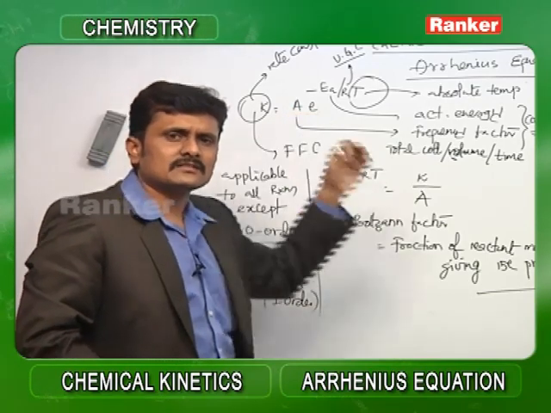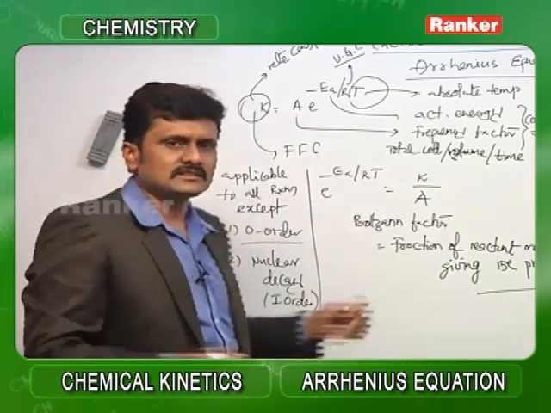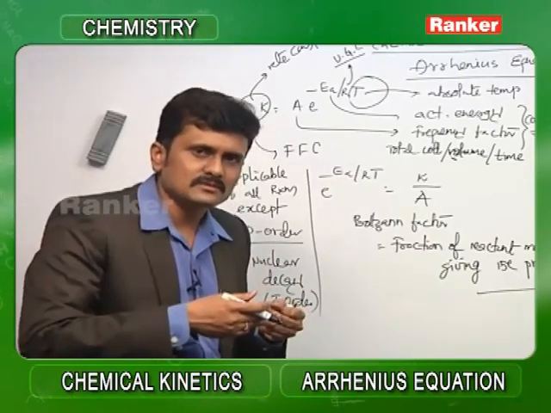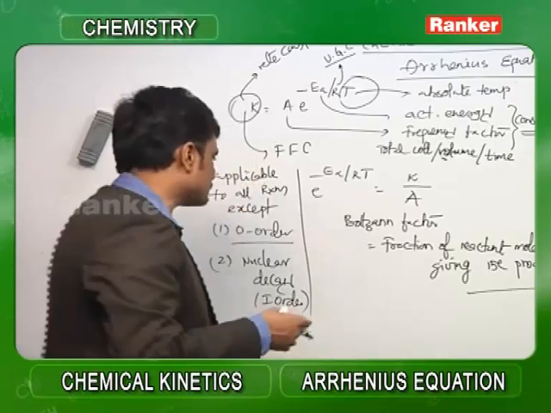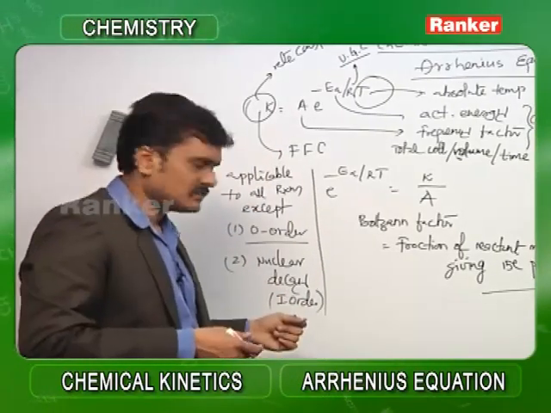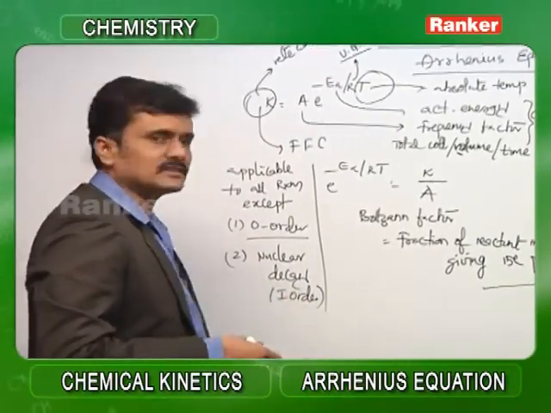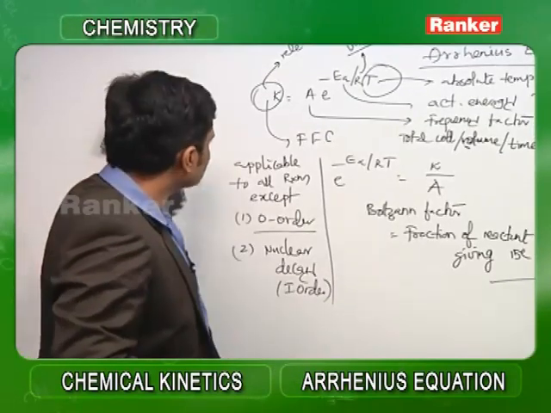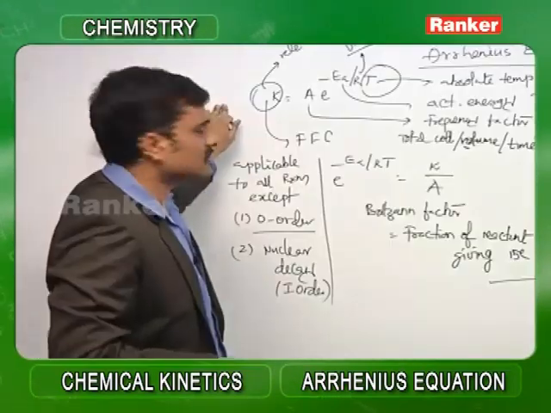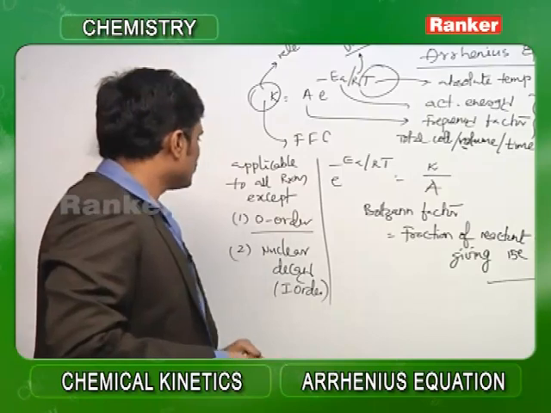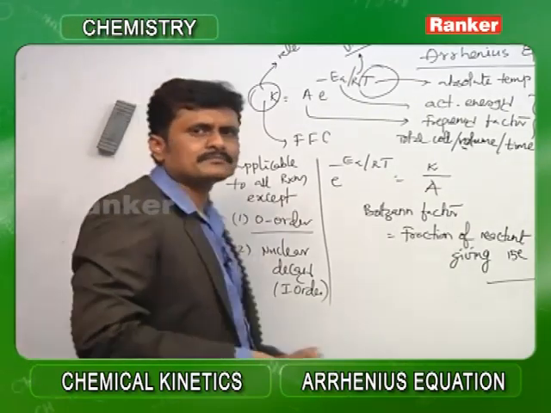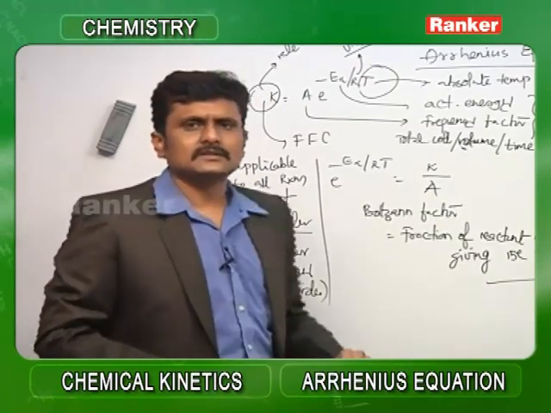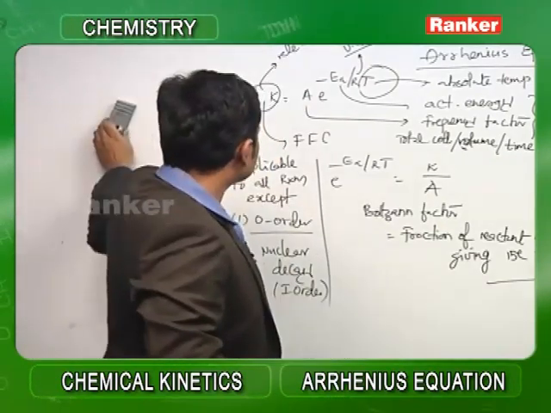What I mean to say is that this unstable nuclide doesn't require to collide with another unstable nuclide to participate in the nuclear reaction. So therefore, despite it's a first order reaction, this is not applicable for the nuclear decay. So remember that this is neither applicable to the zero order reaction nor to the nuclear decay reactions. So now moving on further, if you take the equation